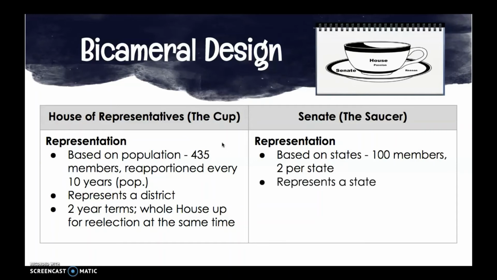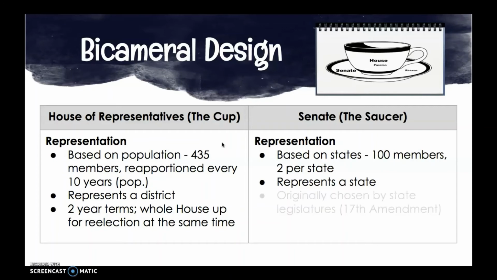Now, the senators represent the state that they are a resident of. And because they represent a state rather than a district, they have a larger geographical area to cover. That means they have a more diverse electorate or constituency. So they have to address a lot of problems, which is part of the reason why terms are different and